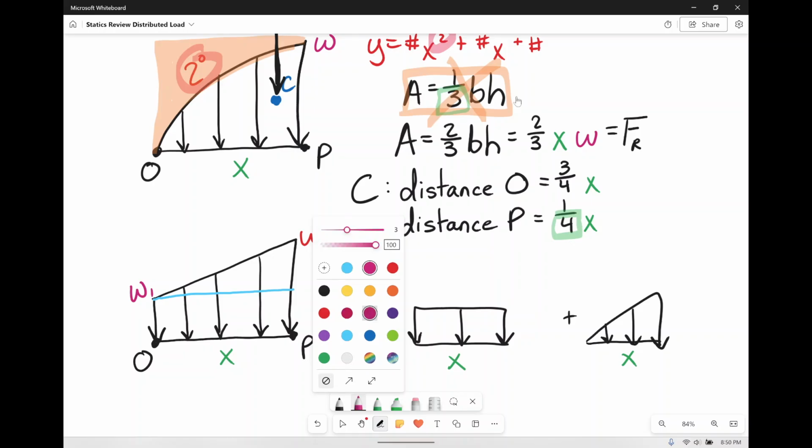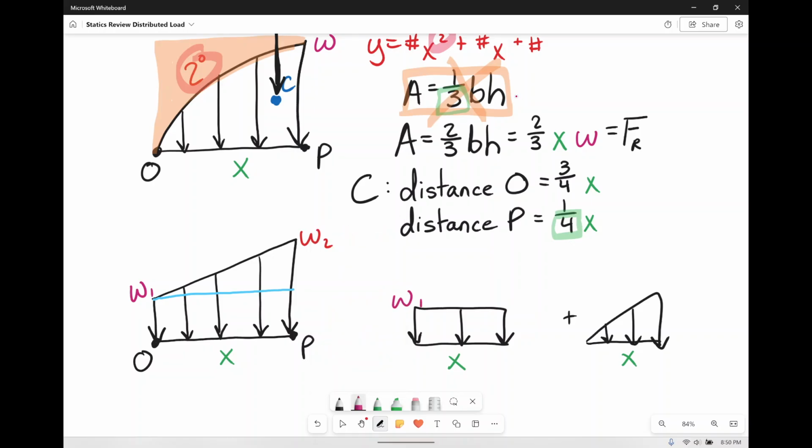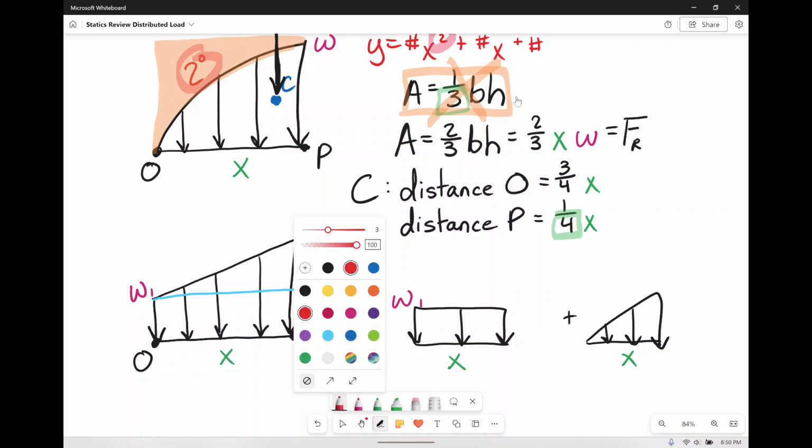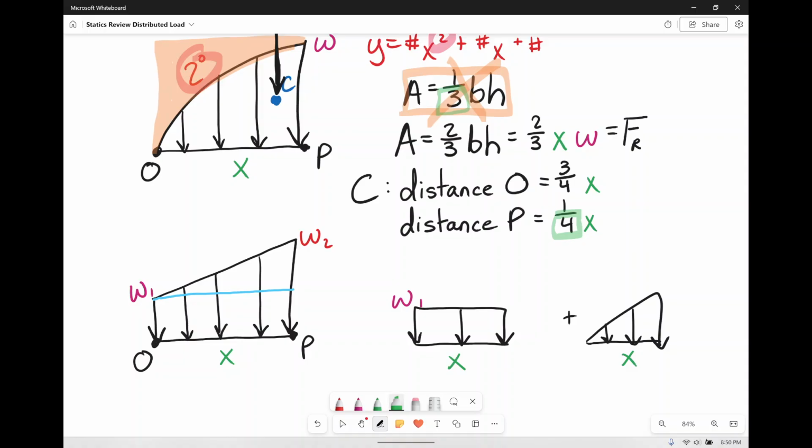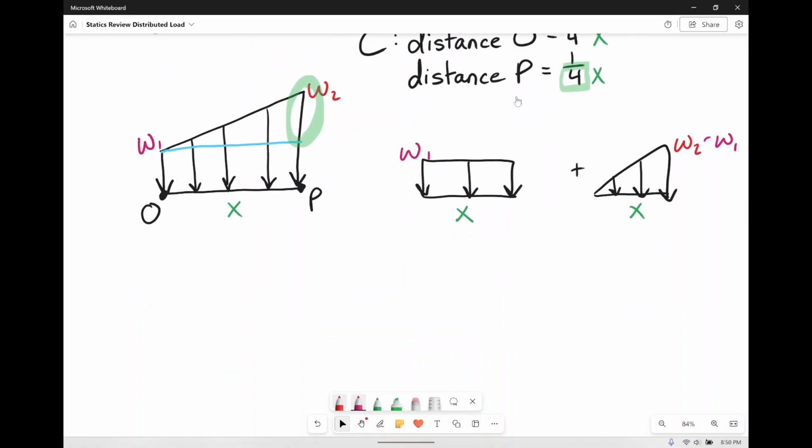The uniformly distributed one has a height of W1, as you can clearly see, and the triangle, we're only looking for this height right here. So that's going to actually be W2 minus W1. That's the total height of the triangle. Yes, all you have to do is actually add them together. So if you were to find the two forces